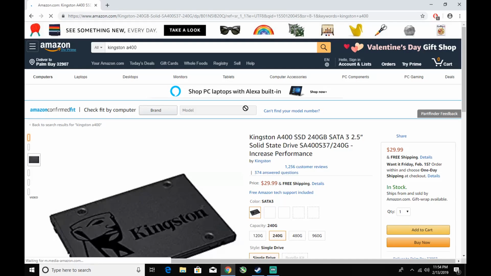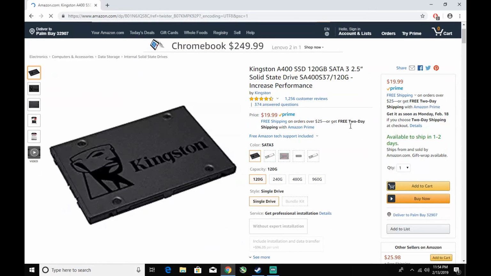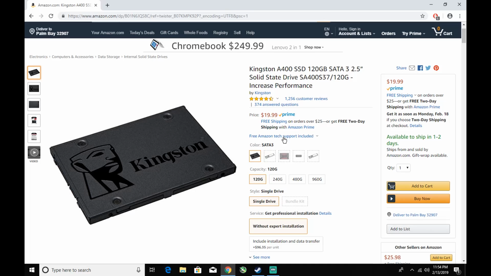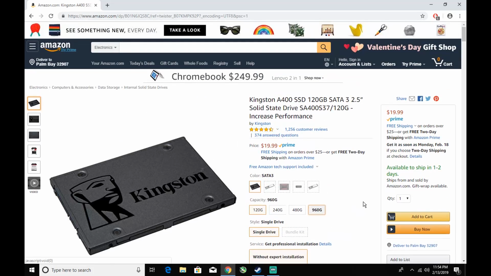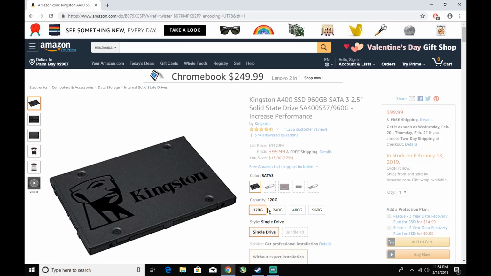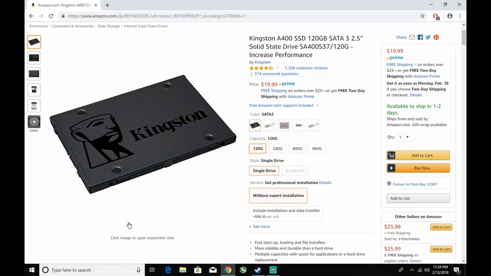Now there is one downside to actually installing an SSD. Sometimes you have to wipe your hard drive, but that's to be expected. If you're going with the low capacity one, you're going to have to wipe it unless you get a higher capacity SSD, which are a lot more expensive, like a 960 gig, which is almost $100. You can obviously do that. They're really nice. The difference is night and day compared to